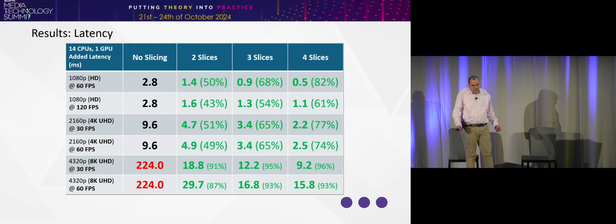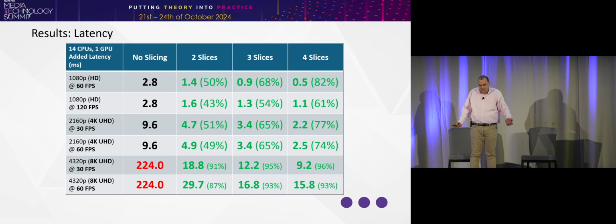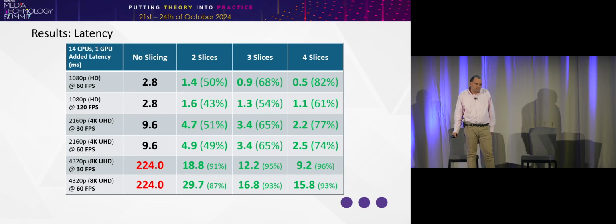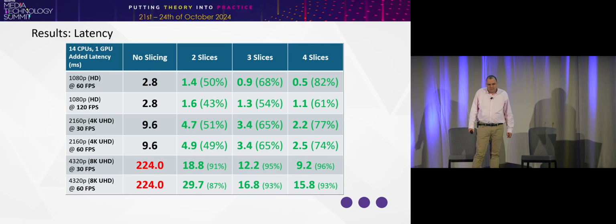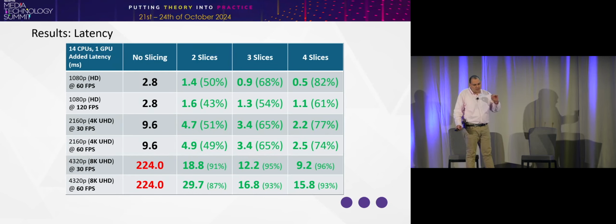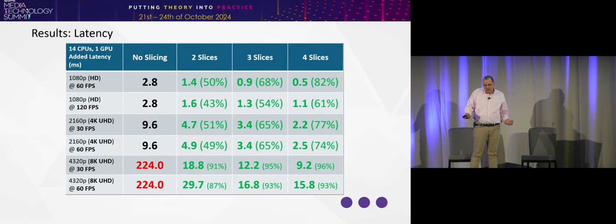We're getting about half of the latency we did without slicing for HD 60, which is great. The same applies, even more so, if you do more slices. That's all good and all, but if we circle back to the economy of scale and streams per dollar, and just look at this, when it comes to HD or 4K, sure, we can process a frame in 1.4